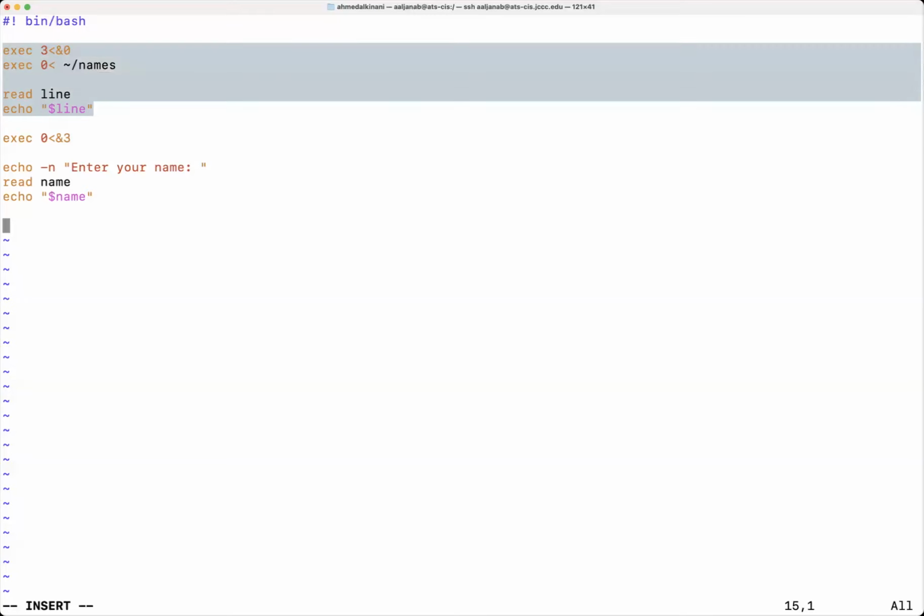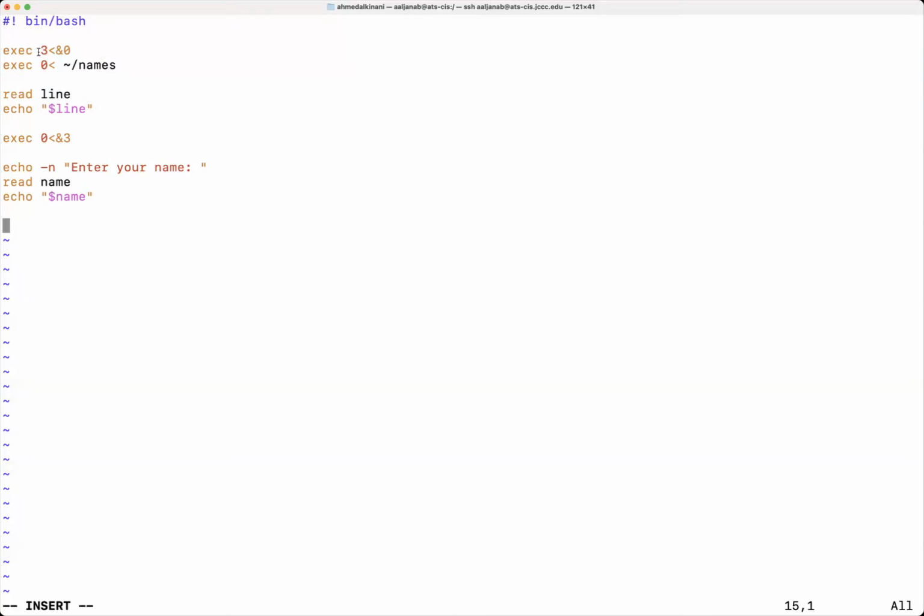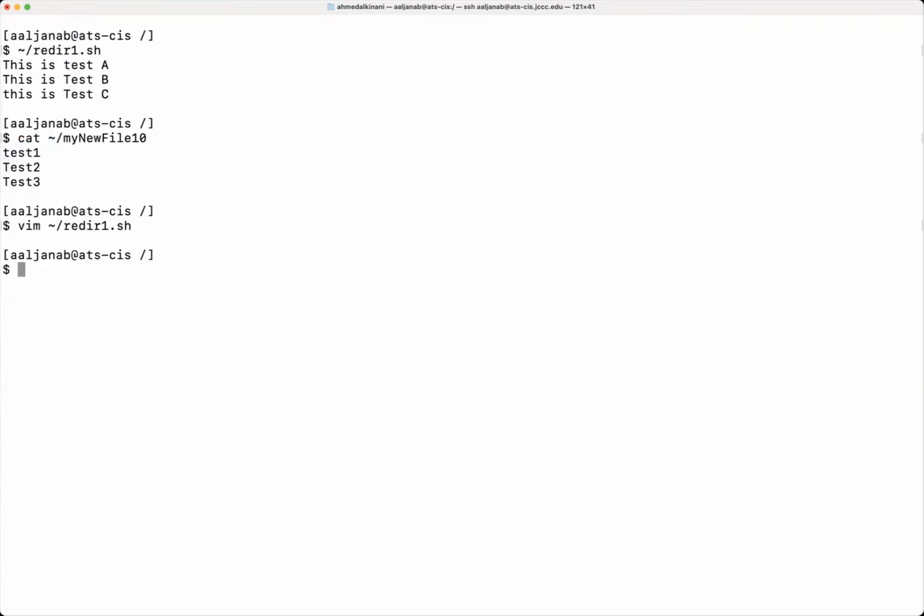But if I want to go back and leave that file descriptor 3 and go back to reading directly from the keyboard, we execute this line. So you can see here how these two lines are the opposite of each other. Let's just run it again. Adam, which is the first line, and this time I'm going to go with Smith. And you can see here I was able to. So you can see how we can switch between reading from a file and reading from the keyboard.